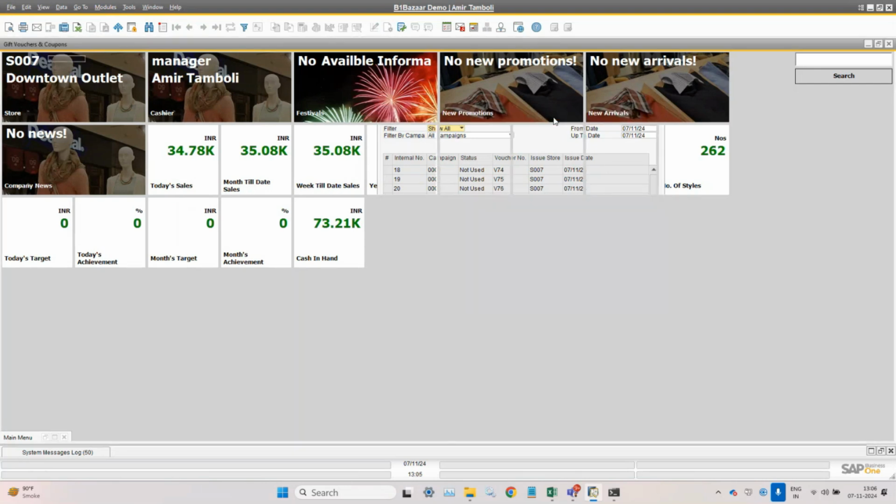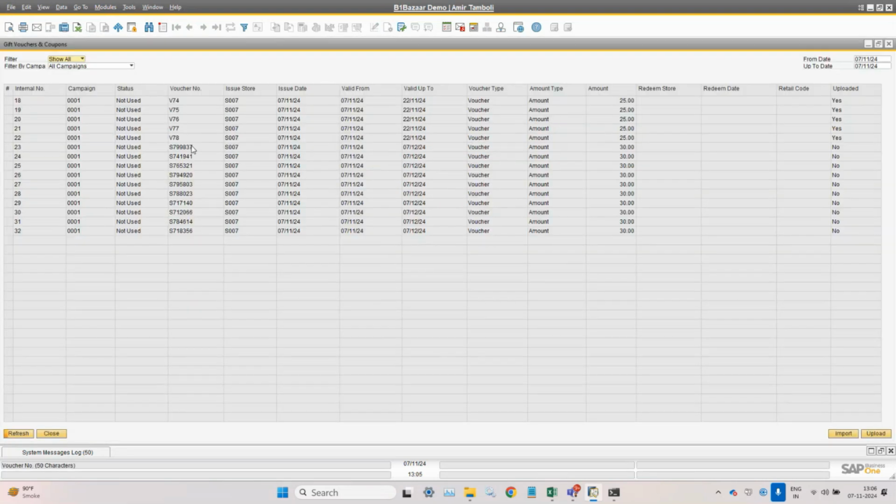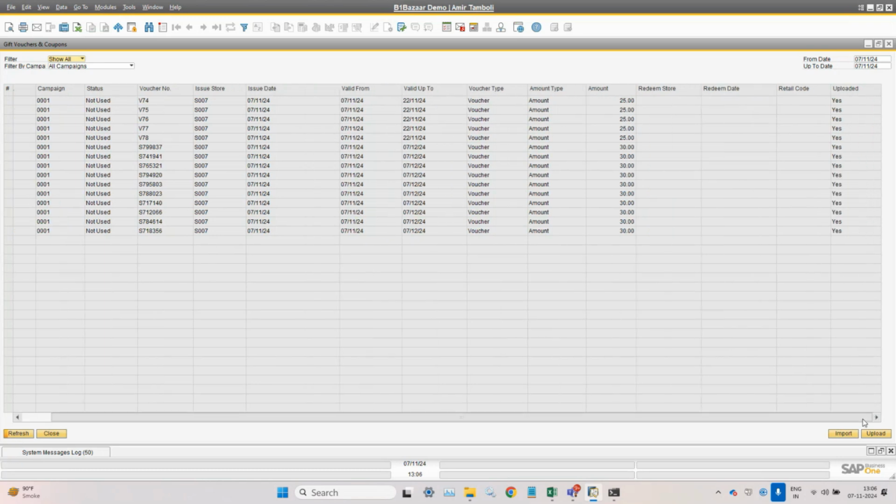That is the important one. These are the numbers which are randomly generated here with the prefix and for this particular store. Now you can see the uploaded status is not there. So I have to upload, and only then can I redeem these vouchers as a validation. I need to upload this, and this is uploading to that particular